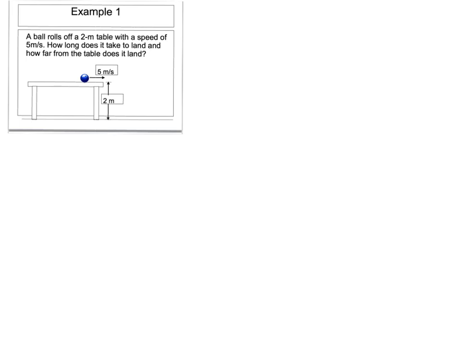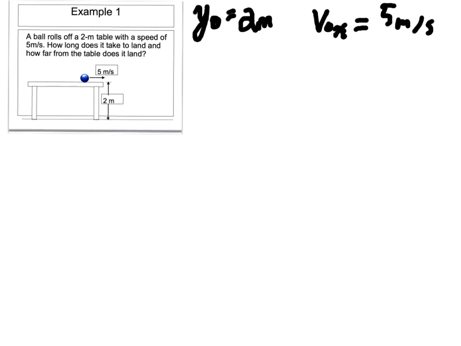Alright, so first off, I'm going to list my givens. We know its initial y position, y naught, is 2 meters, because it's 2 meters off the ground. Let's call the ground 0. And we know its initial x velocity, v naught x, is 5 meters per second. We also know its acceleration in y is going to be negative 9.81 meters per second